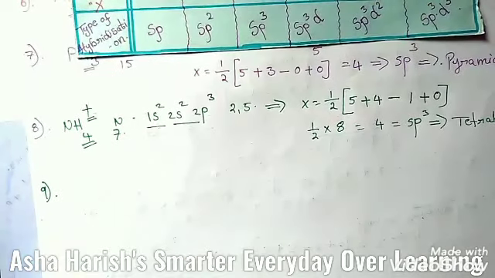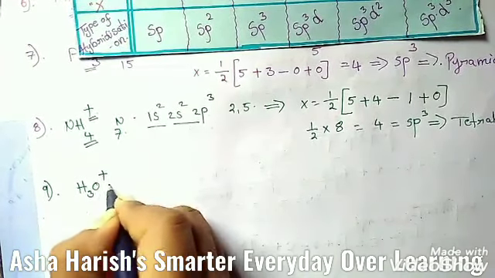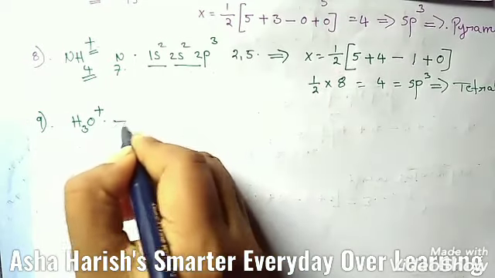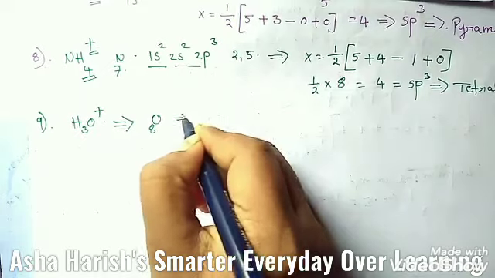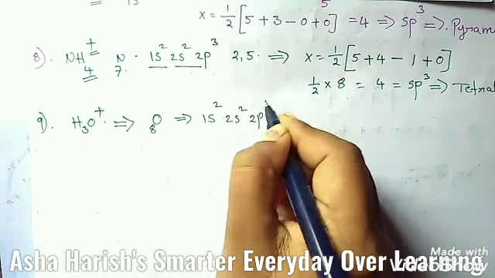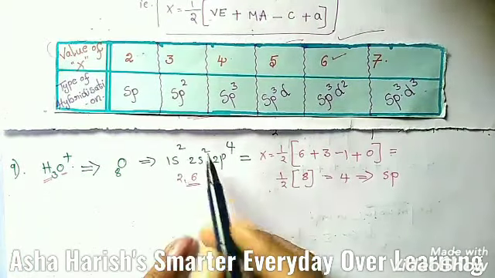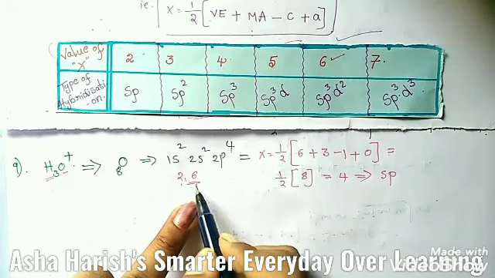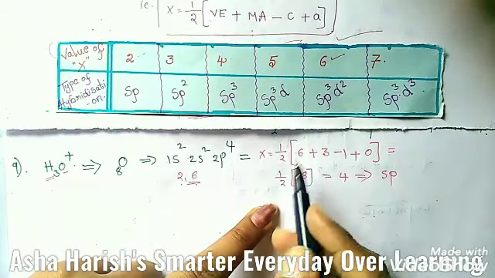Let's take an example, hydronium ion, H3O plus ion. Here you can see the central atom is oxygen, atomic number 8, its electronic configuration is 1s2, 2s2, 2p4, which you can take easily as 2 and 6. For this, students, you need to find out the X value, that is the number of hybrid orbitals.